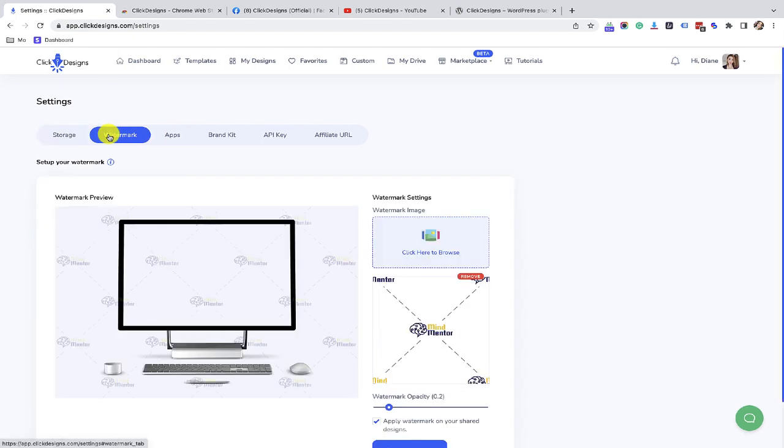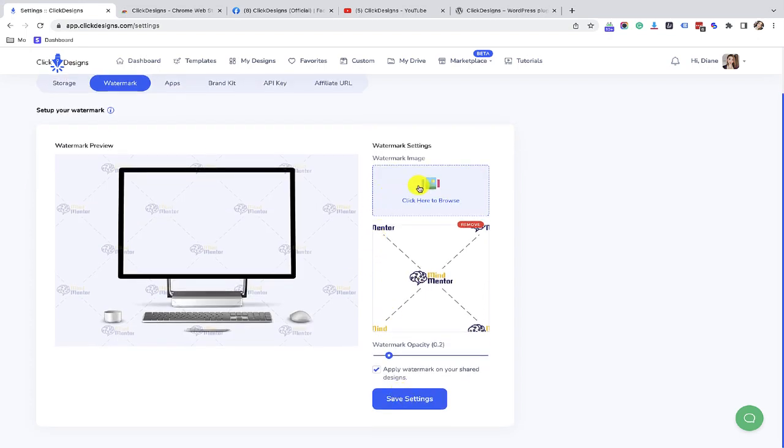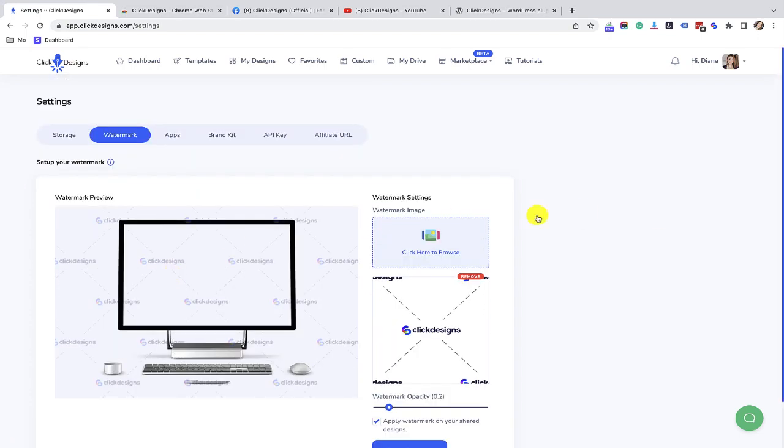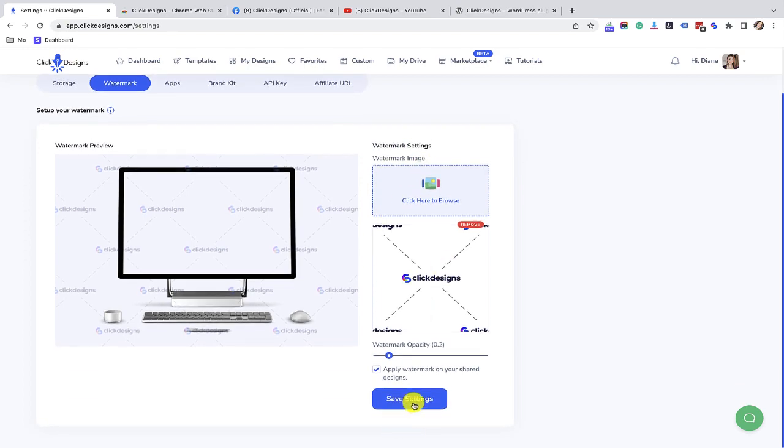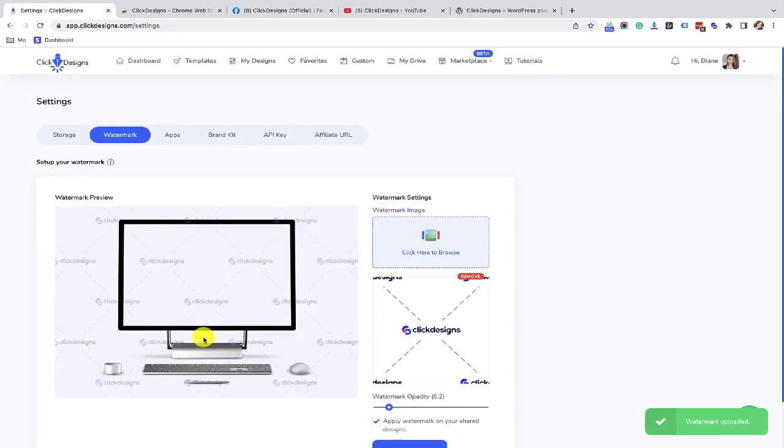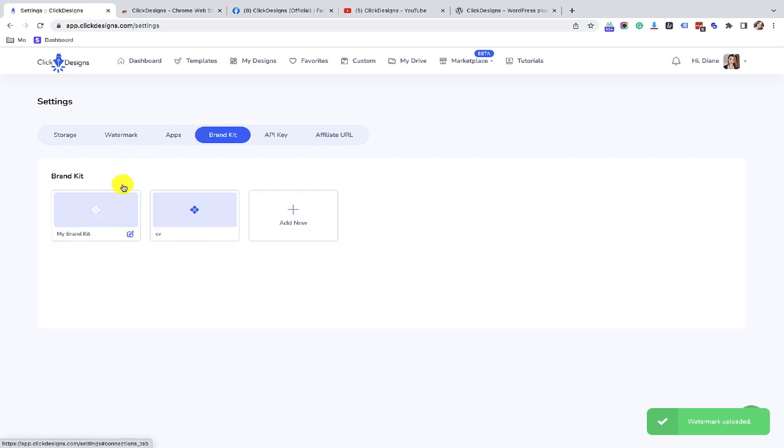Next, you can set the watermark that you would like as well. So here you can upload your own logo, add that logo right there, and then click on Save Settings, and then you can set your watermark. Then we have the brand kit. For a brand kit, you could